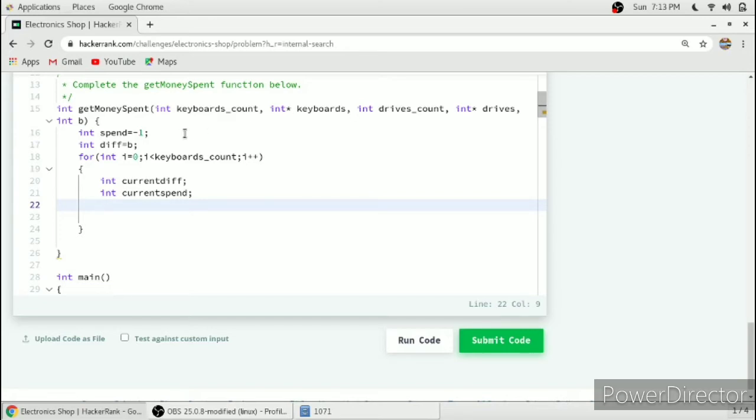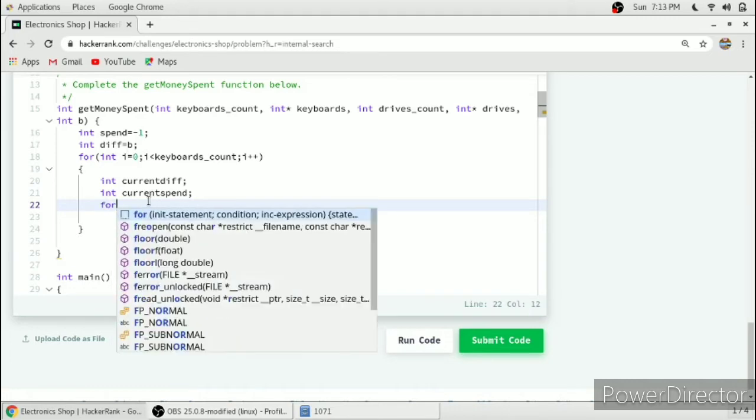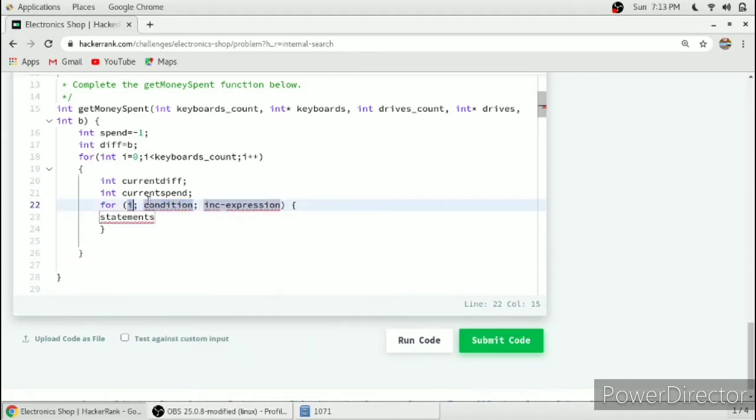For that we will run another for loop for drives, j less than drives count and j++.